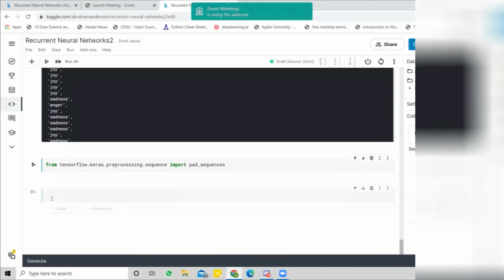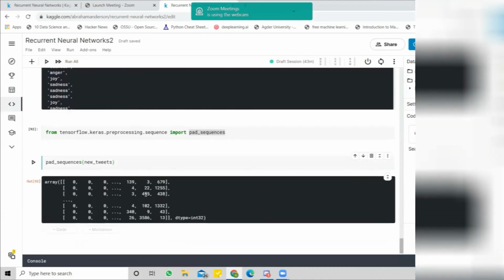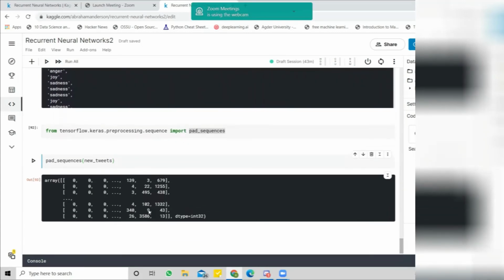Yes. Let's see, for example, let's use this one. You will understand better, I think. Let's see our new tweets, right? If I remember correctly, as you can see, all the tweets have been sized to the same length.